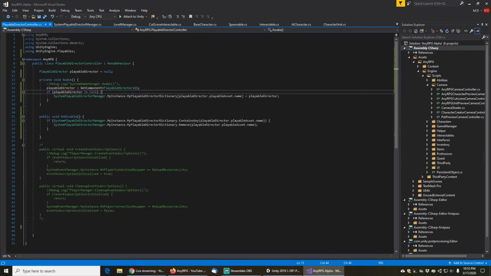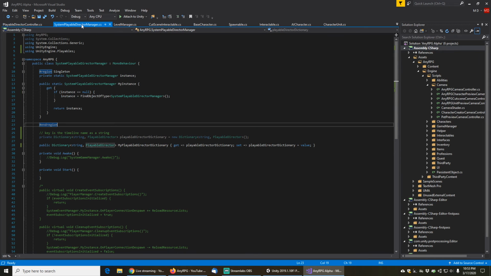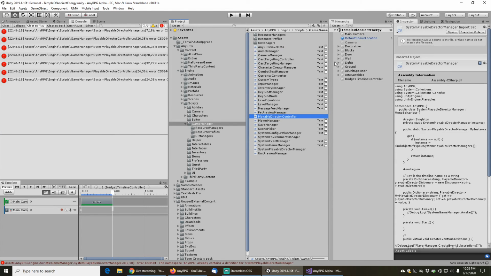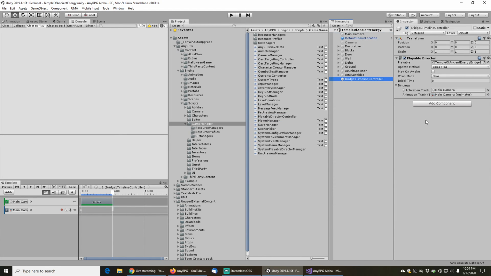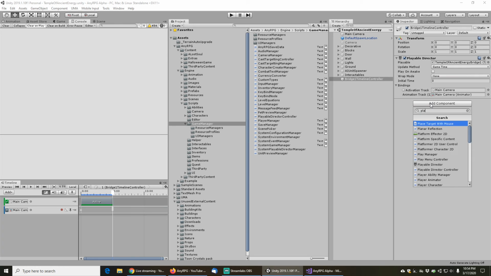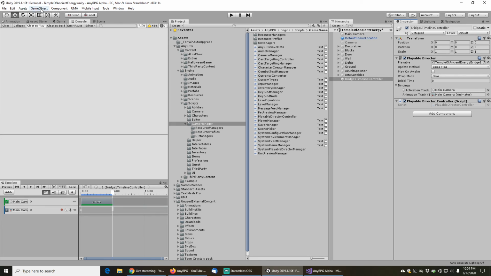So we need to stick the system playable director manager on the game manager, and just make sure there's no errors in the code here. All right. So we will go to the Bridge 1 timeline controller, which has the playable director. We will add the playable director controller to that. We will save that, and